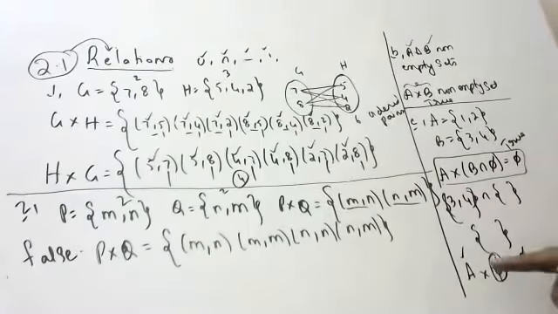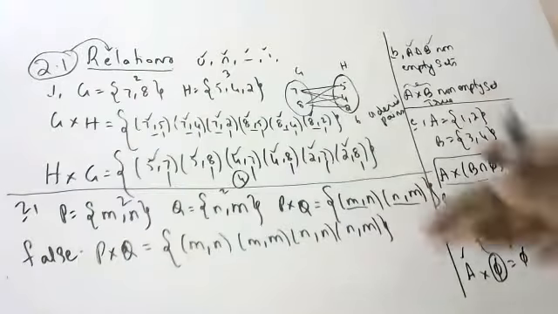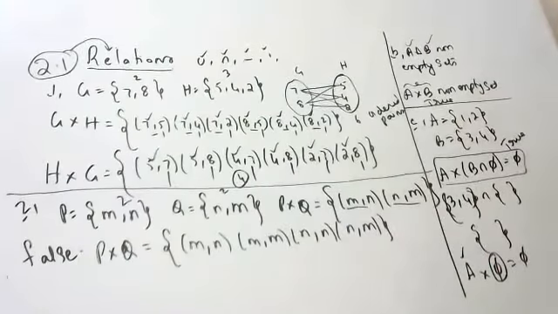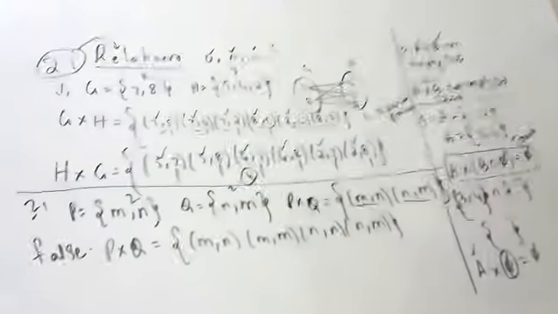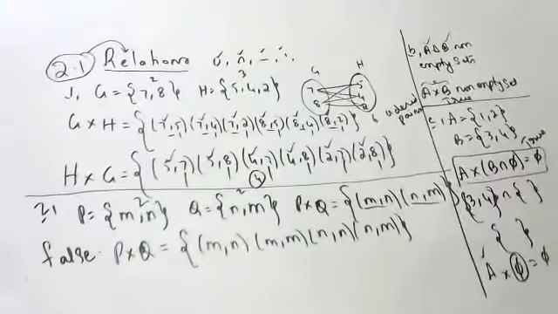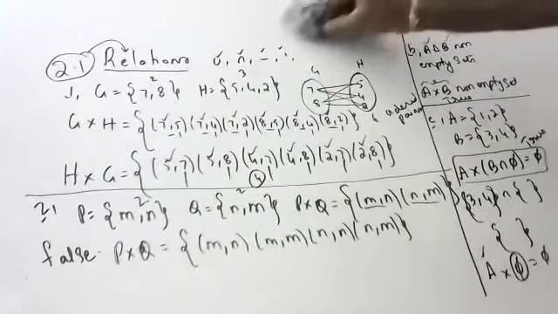Are you able to understand? Here this is a null set, so A cross null set is null set only. Anything multiplied with 0 is 0 only. Like that, children. This is the second question in your first exercise, exercise 2.1, that I am doing. Now going to the third question.